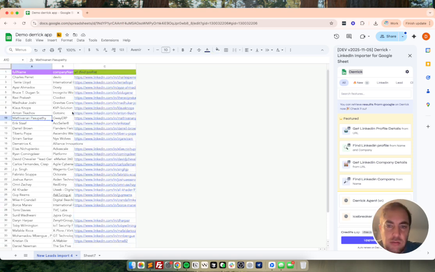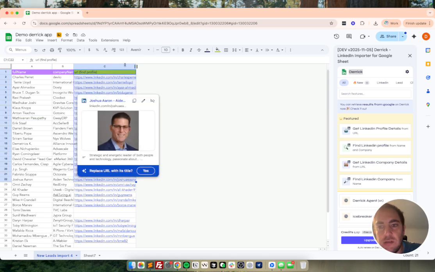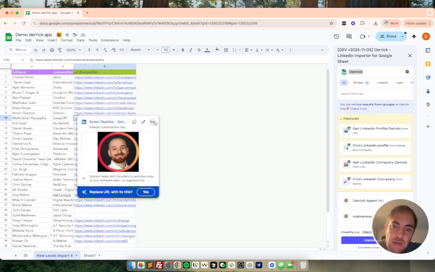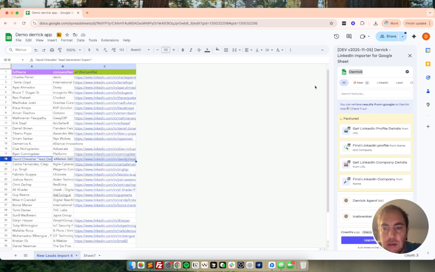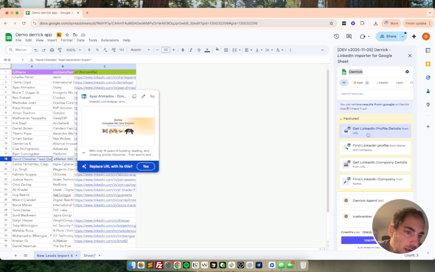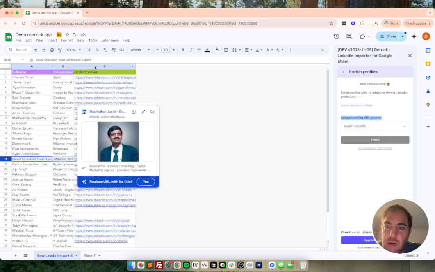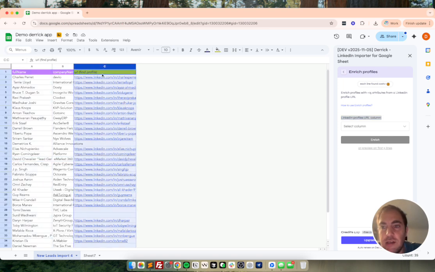After that, you will just need your LinkedIn URLs in one column and select the right feature in Derrick. The feature we'll look at is Get LinkedIn Profile Data from URL, this one. Just click on it and Derrick will ask you to select the column on your Google Sheet regarding the URL